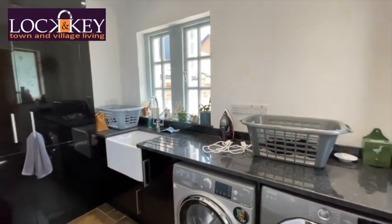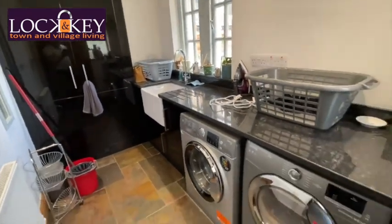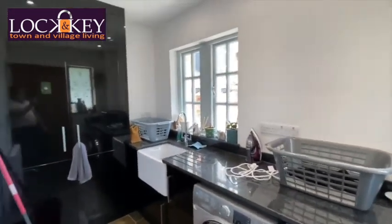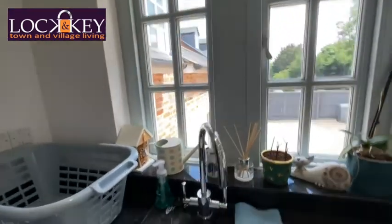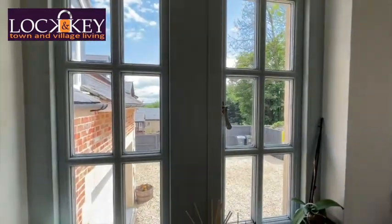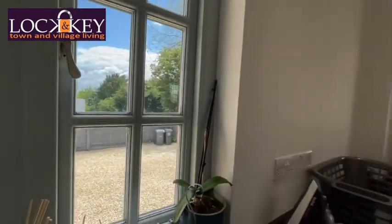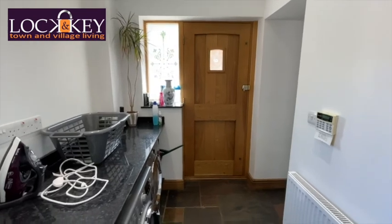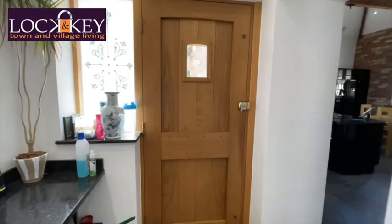What I'm going to do, guys, is close this door. And immediately you can see that you're coming into a utility area. Obviously you've got your plumbing for a washing machine, a nice big built-in storage cupboard in there, a little sink there, and then windows that look out to the front, where all that parking is. I'm just going to turn the camera around so you can see there's the door that we came in to start with. A little radiator there, and if I just pan right,